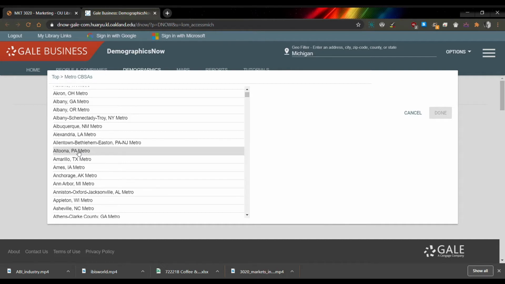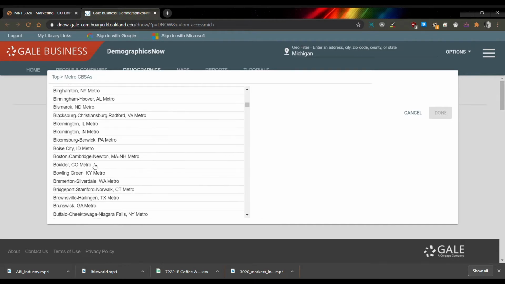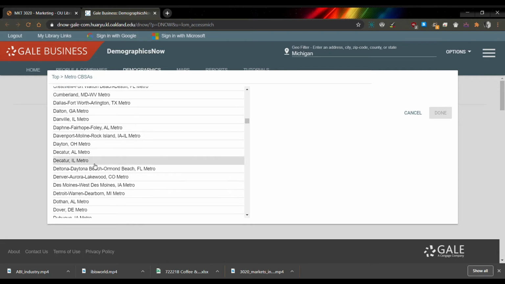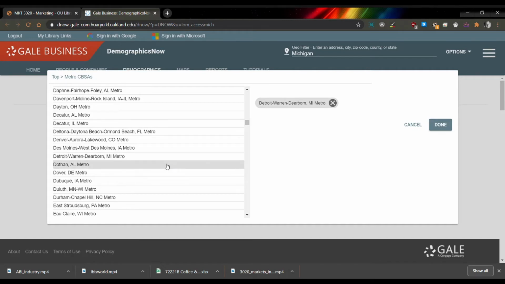So if I want to include all of those things, I can come here and choose that CBSA instead. So if I scroll through here, in alphabetical order, we should see one for Detroit. So Detroit, Warren, Dearborn. I think it's a little bit bigger than that, but I can choose that one,